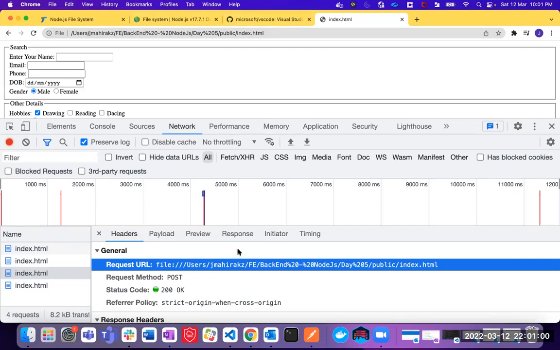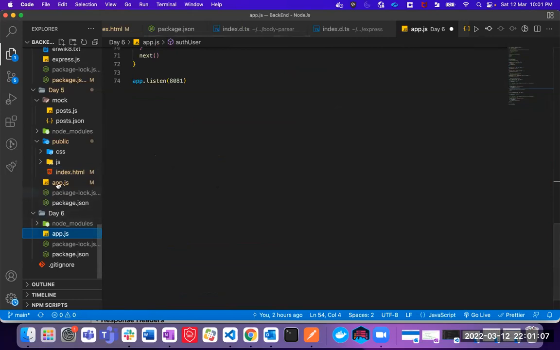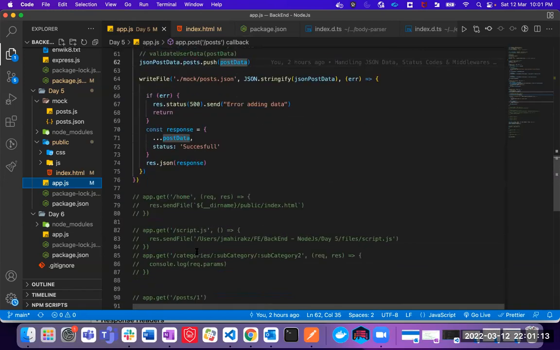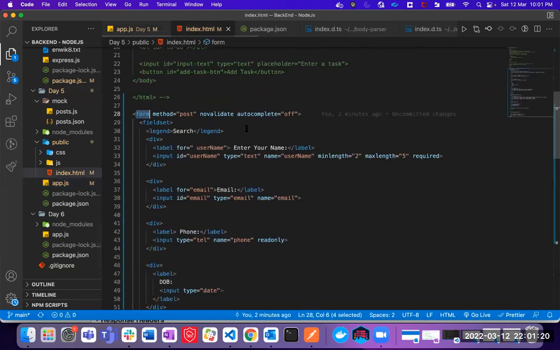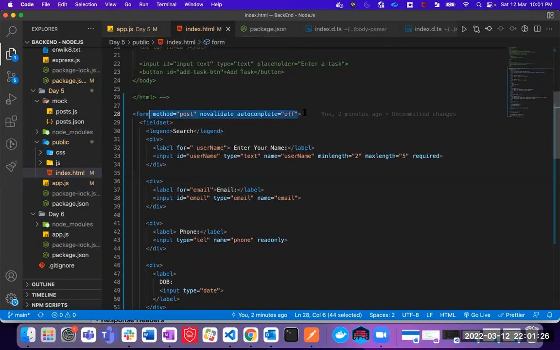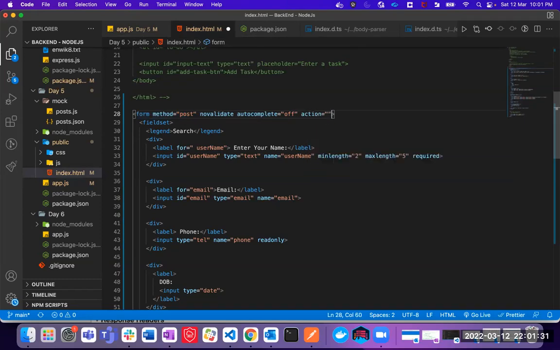I want to change it to localhost 8000/post. That is where I'm handling the server code, right? That is where we have the server code, /post. I want to change that URL for the content to be posted there. Do you think of any attribute that we need to add? Action. Yes, action. Okay, good. So we need to add action, and let's say I mention localhost